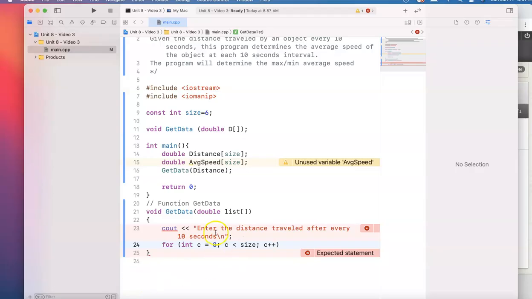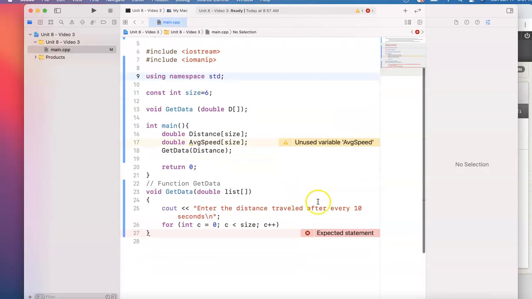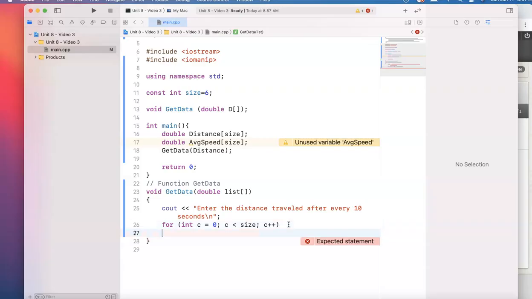Oh, I know why it's giving me an error here, because as usual, I forgot using namespace std. Okay, I should be fine now. The cout should. So I got to set up a loop here. But I want it to be user-friendly. Tell the user, enter the distance traveled after 0 seconds, 10 seconds, 20 seconds, 30 seconds, so they know what I'm talking about. So here we go, cout,